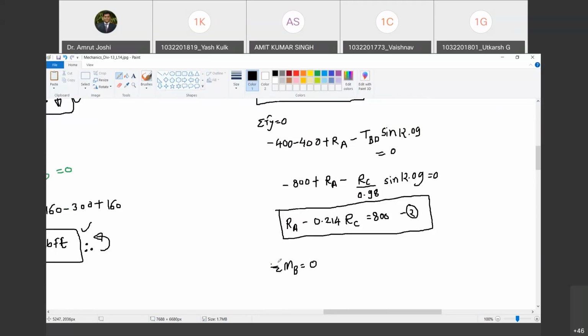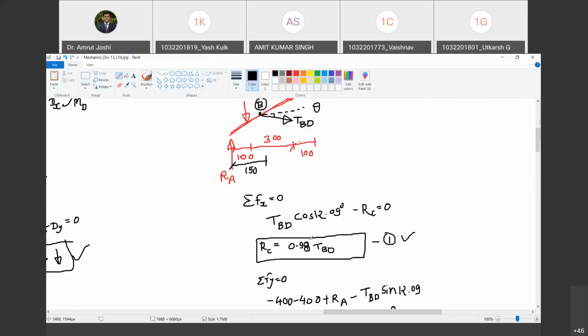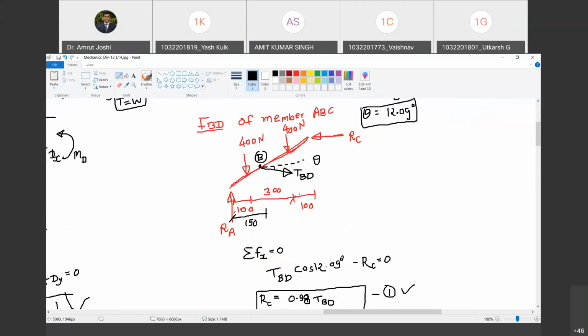There is no moment. So therefore, summation of moments about B equal to 0. Now I am not writing it elaborately: summation of moments of all forces about Z axis passing through B. Understood? So what is the moment of RA? Let me have again the color code. How will the moment of RA come? Clockwise. Do you agree with me?